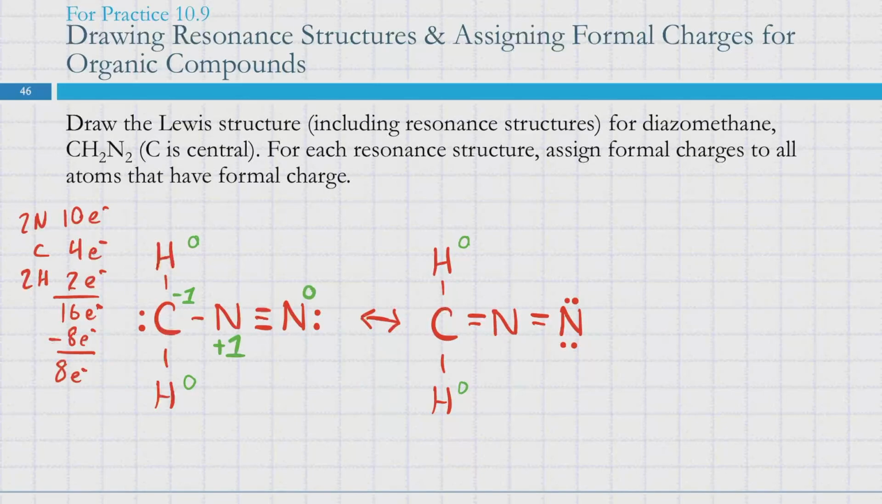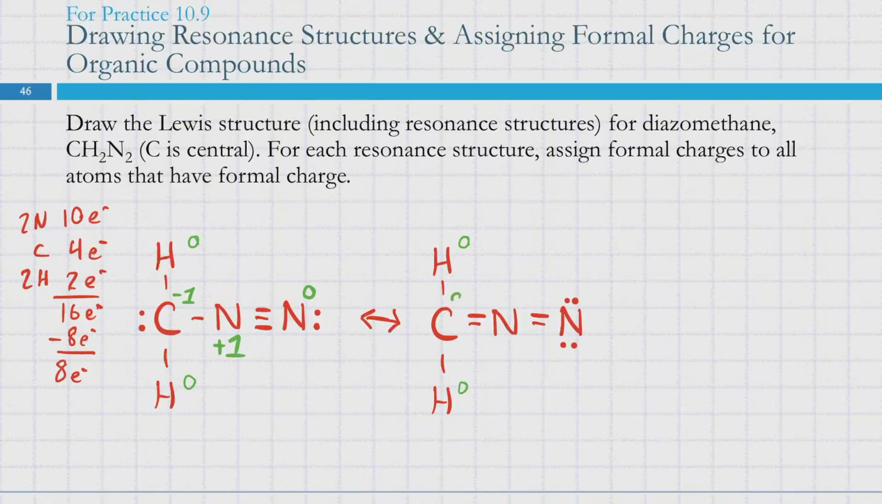The terminal nitrogen has a formal charge of 0. It's got the 2 in the lone pair, and it's got half of the 6 in the triple bond, which is 3. So 2 + 3, that's 5. That's exactly how much nitrogen wants. And then in our right